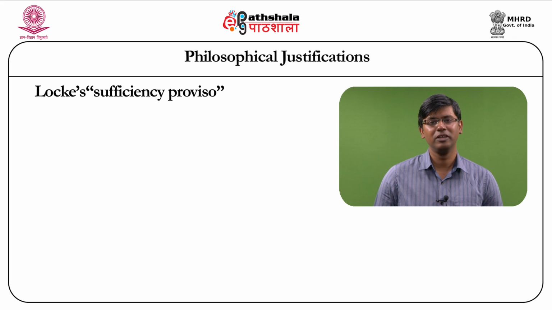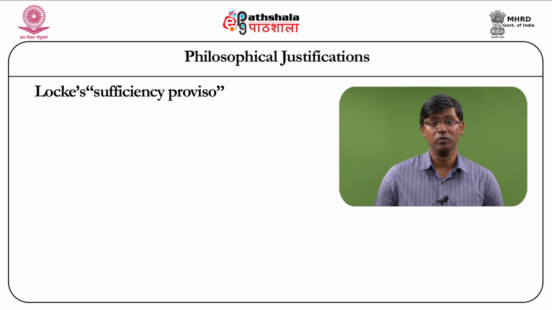But Locke also brings in a certain proviso to this, saying that we need to look at certain conditions. What exactly is that condition? He calls it a sufficiency proviso. According to Locke, property rights can be allowed only if it does not deny others of resources existing in nature. If there are enough resources available in nature, then property rights can be claimed over resources when a person